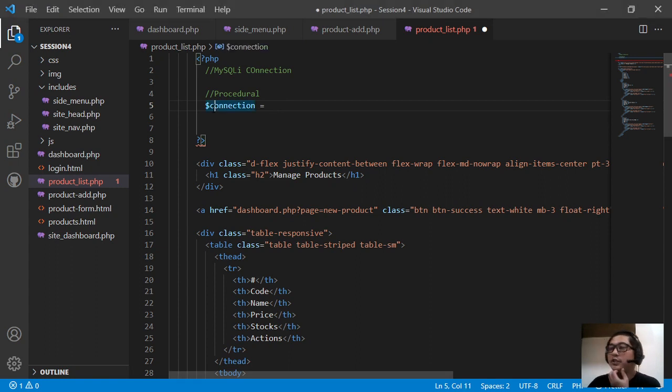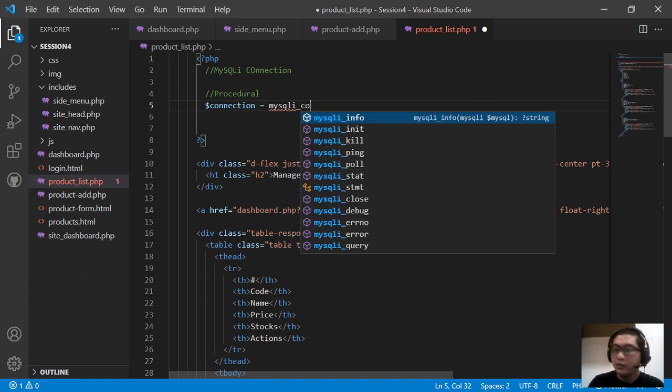So first, you need to create a variable that will handle connection. Okay? So in order to manipulate the data, there should be a line that allows us to connect with our database. So to do that, you need to create a line like